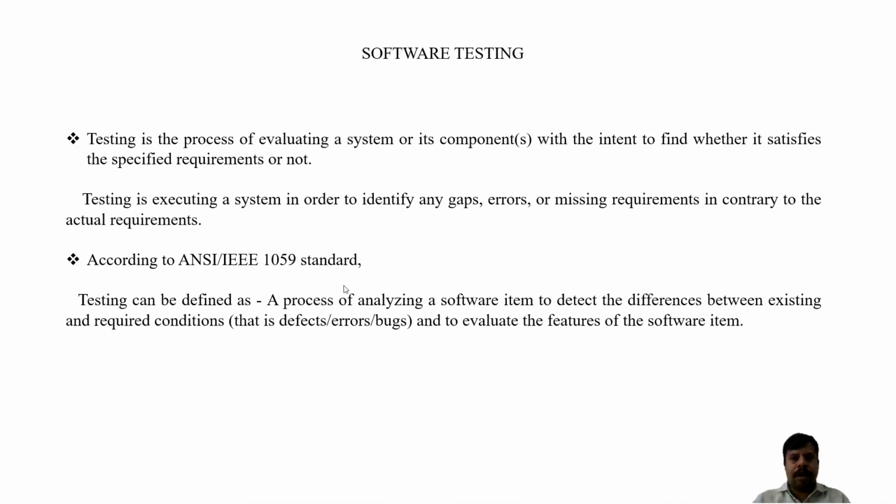Yes, good morning all. Today we are going to discuss software testing. Testing is the process of evaluating a system or its components with the intent to find whether it satisfies the specified requirement or not. Okay, so testing is a normal routine which can be done at the time of